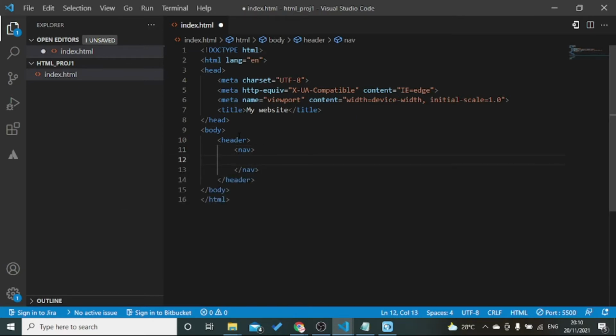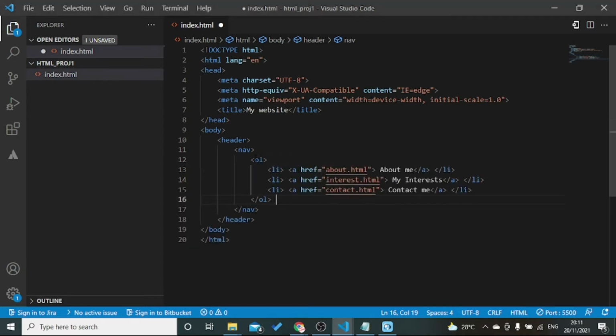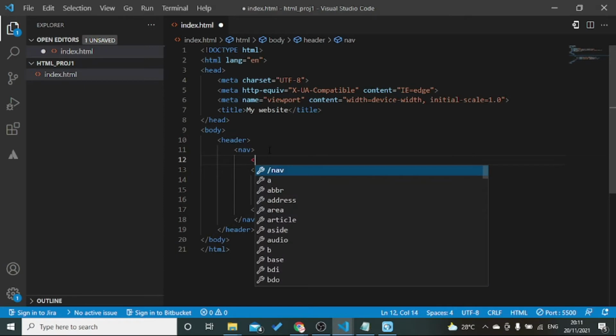So this is to bring the top level navigation menu item. We are going to use an ordered list for menu items.